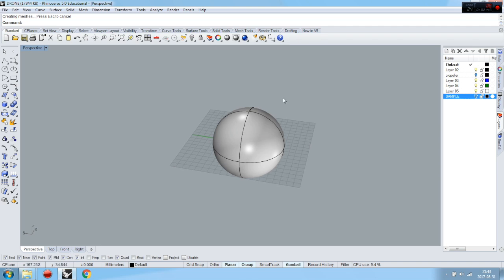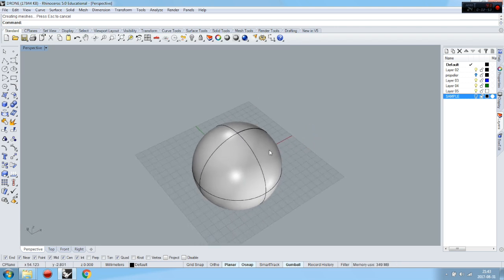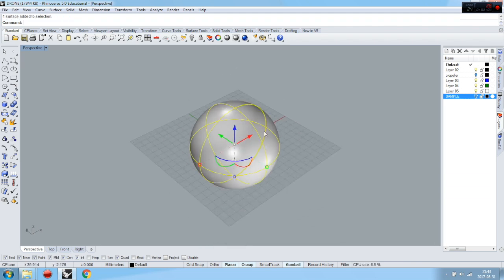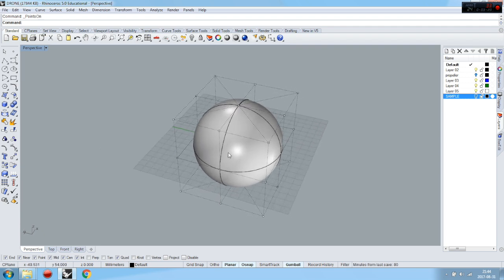So the sphere is actually very powerful because it is one surface. It's not a solid. I mean, this is like a solid, which is already one surface, and it has its own control points. If you want to see them, actually we won't use them very much in this tutorial. We need to find the command that will show the control points. So basically this is that one. As you can see,